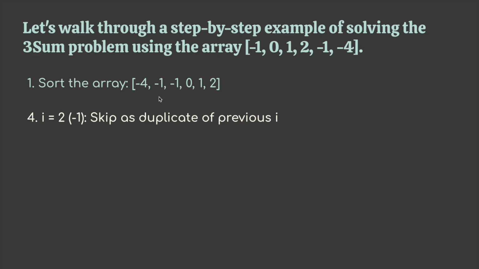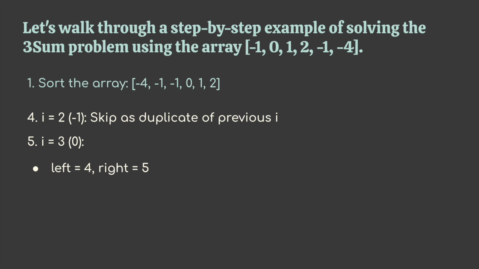Next, I equals 2. This points to -1 because there's a -1 again. We skip duplicates, so we skip this iteration. Next, I equals 3. It points to 0. The left pointer is I plus 1, so it's 4, and the right pointer is 5 for the length of